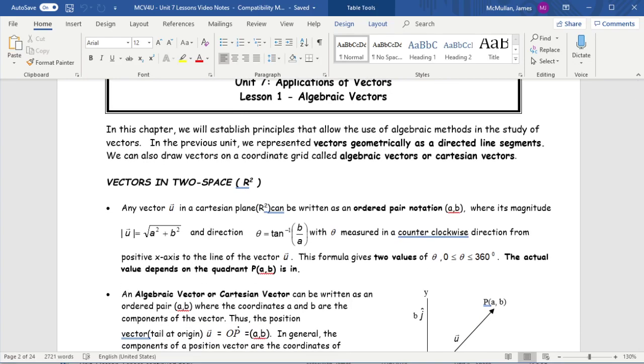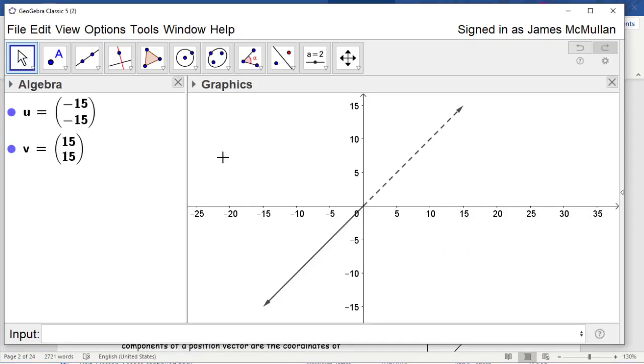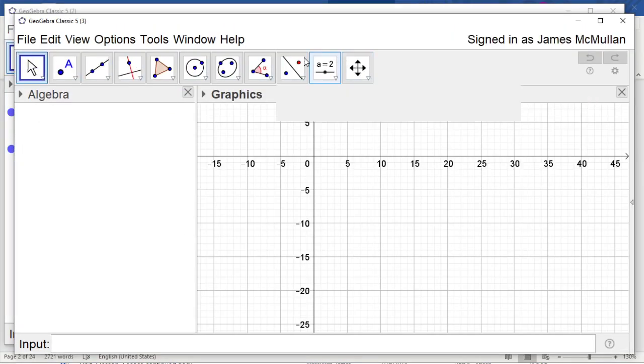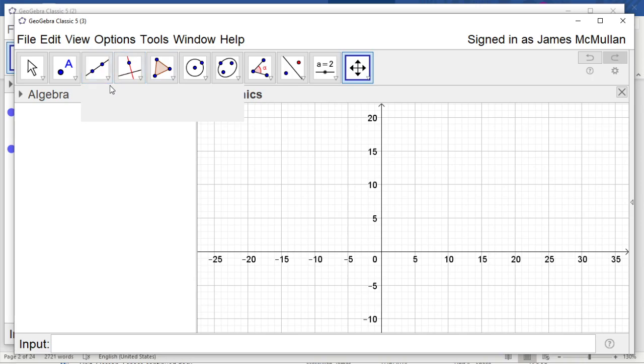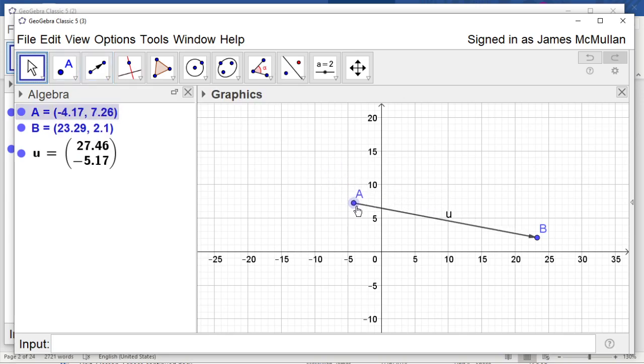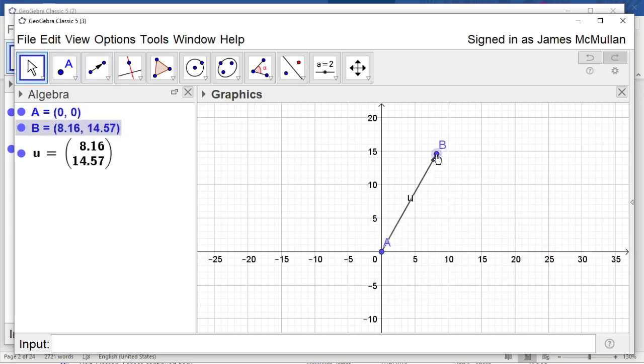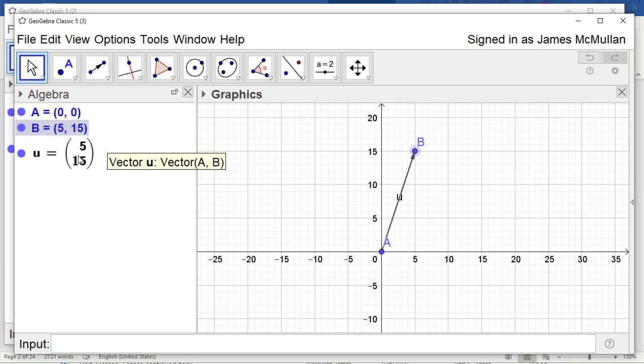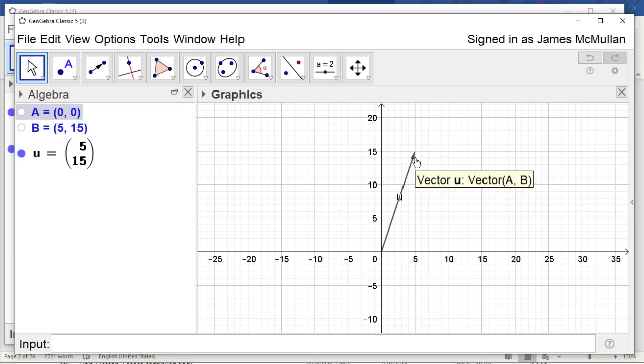So one of the things that you may have noticed throughout this whole process is that whenever I was drawing a vector on GeoGebra, so let's say I just make a random vector here from here to here, it would define that vector as two numbers. It never gave you a direction and a bearing, or a magnitude and a direction. It just gave you two numbers. And if you think about how it's giving you those two numbers, it's like how much did you have to move in the x, and then how much did you have to move in the y, right? And that would be equivalent to this vector right here, which sends you 5 to the right and up 15,